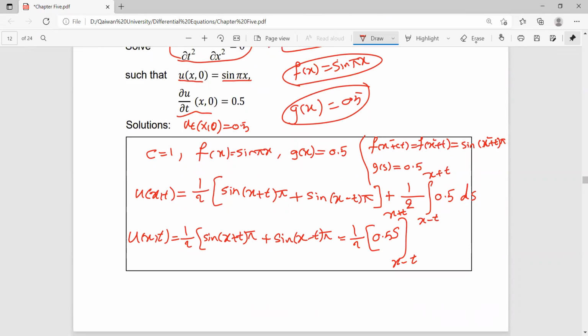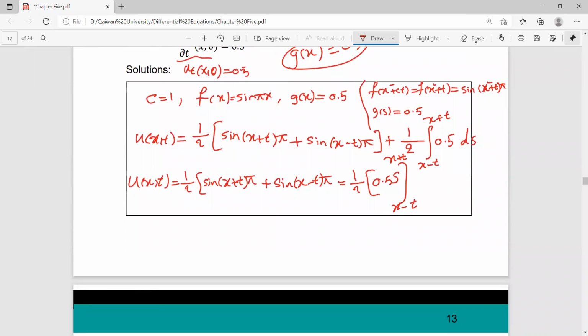That's one. Now we first replace s by x plus t, and then replace by x minus t, and you get u of x,t equals a half of sine (x plus t) pi plus sine (x minus t) pi